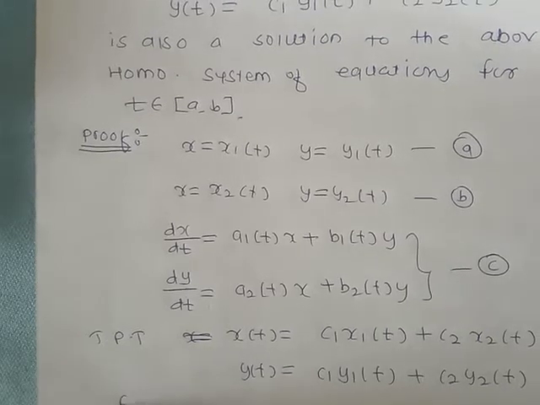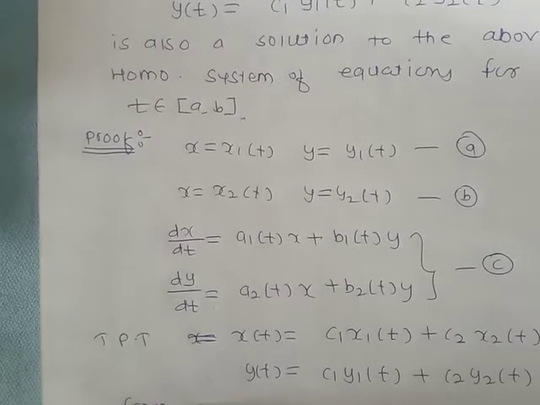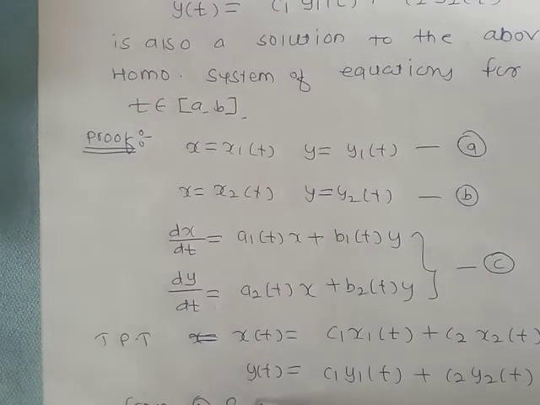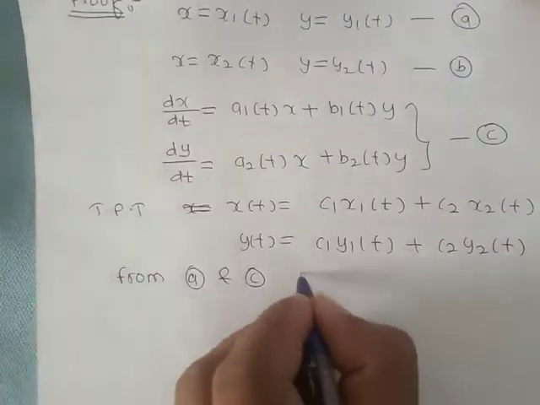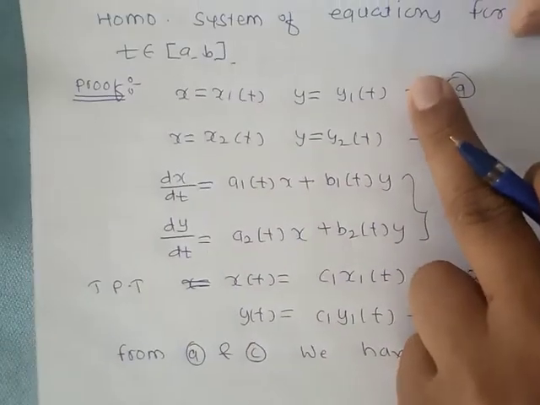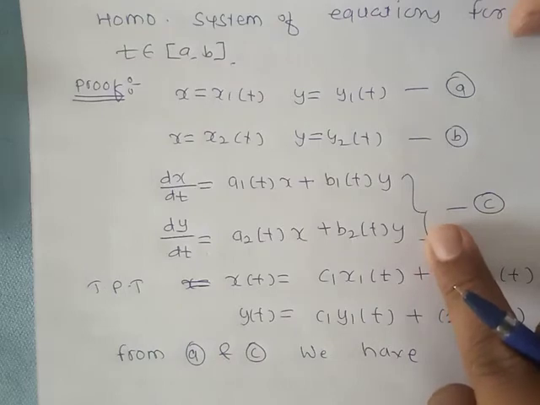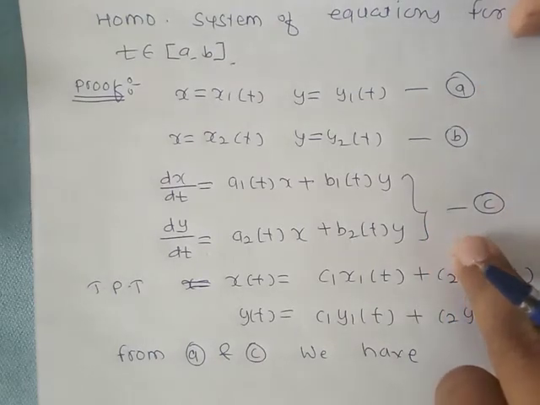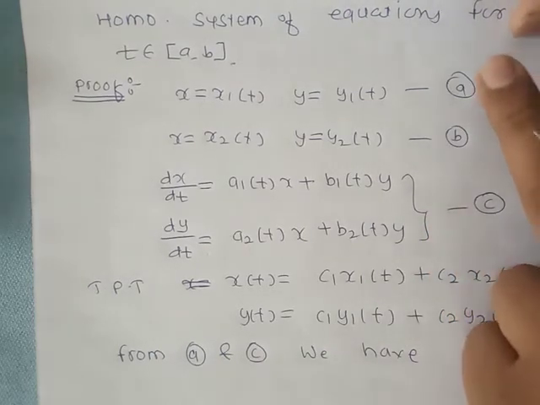Now from A and C, what is A? A is a solution for this system of equations. It means that A must satisfy C. So we have